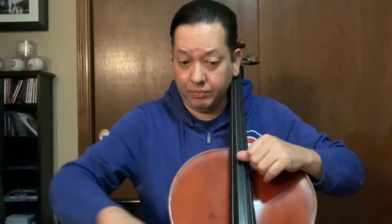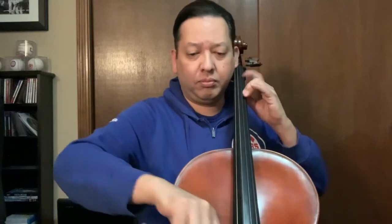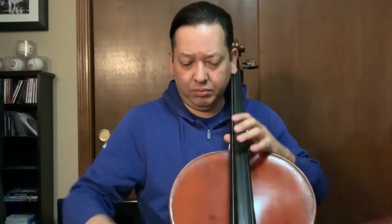The other way is the fingering on the top, where you just play the F and the E on the A string first, and then you switch to thumb on the D harmonic. So after 2, 1, 2, 3, the fourth bar, when you go up to that high B flat,